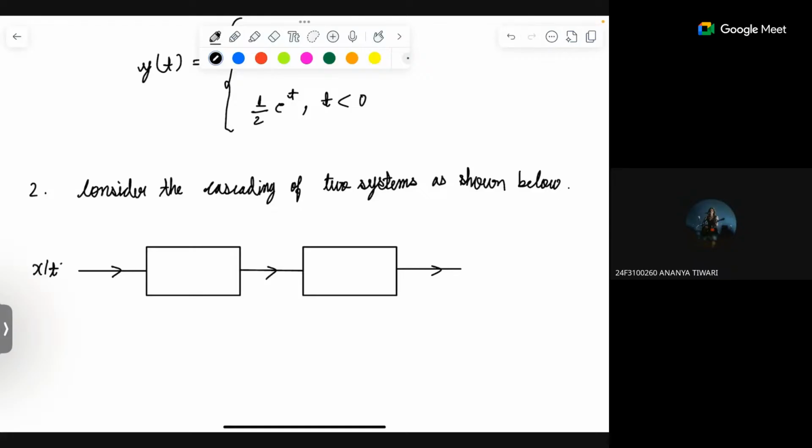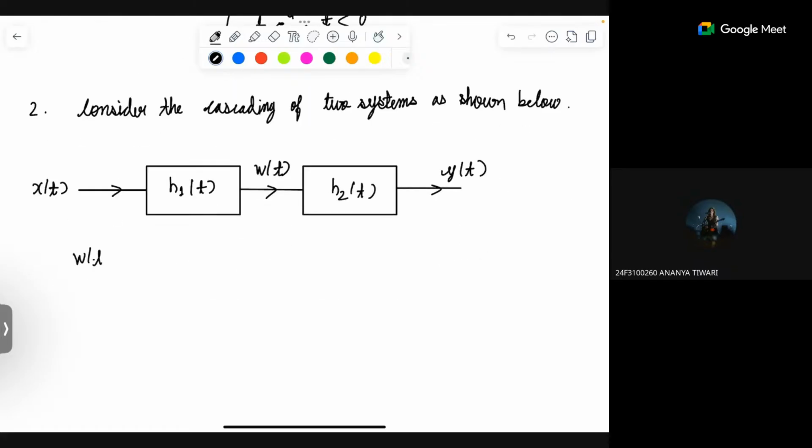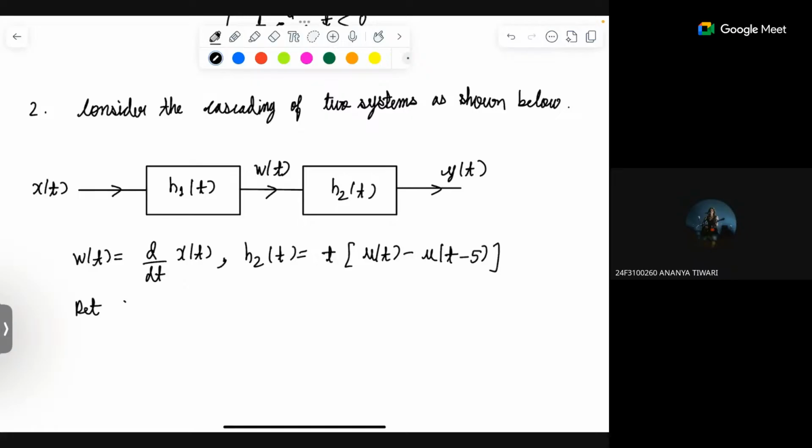The input to the first one is x(t). This is h1(t). This is h2(t). This I'm calling the intermediate signal w(t), y(t). w(t) is given to be d/dt of x(t). h2(t) is given to be t times u(t) minus u(t minus 5). You have to determine